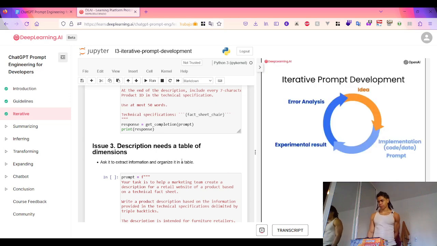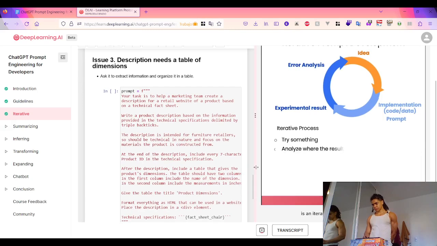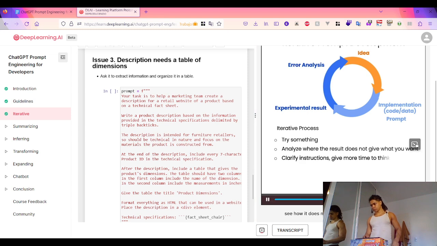So I hope you take away from this video that prompt development is an iterative process. Try something, see how it does not yet fulfill exactly what you want, and then think about how to